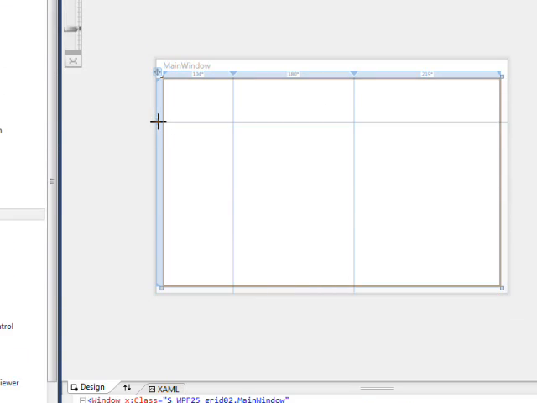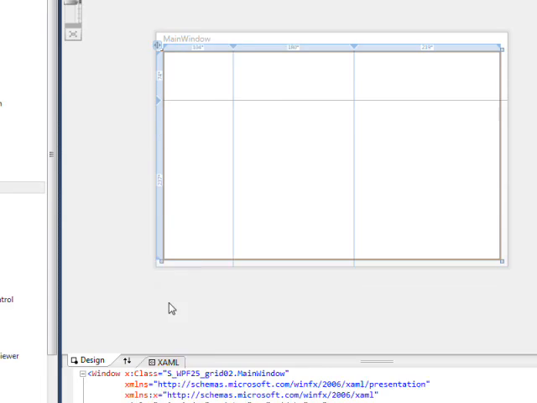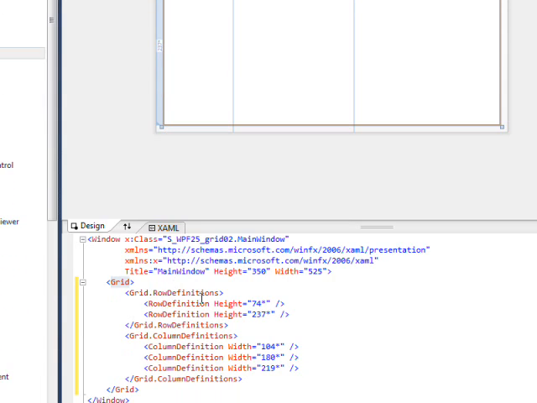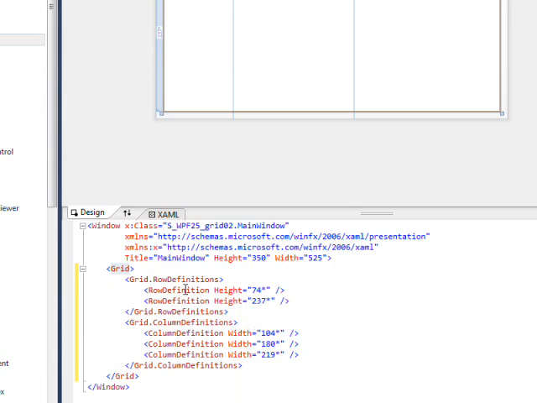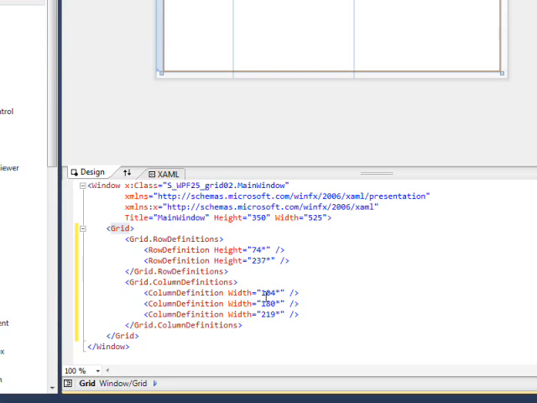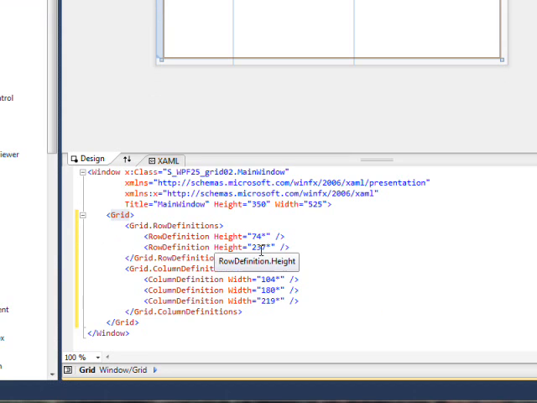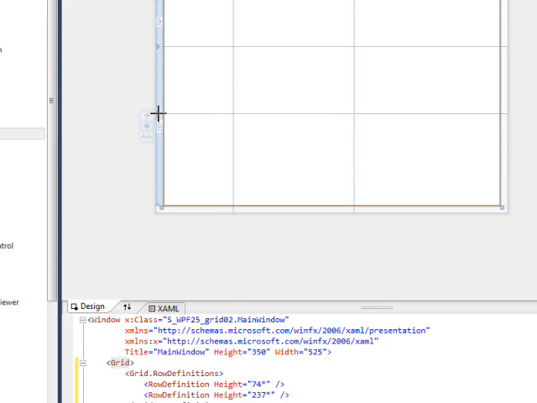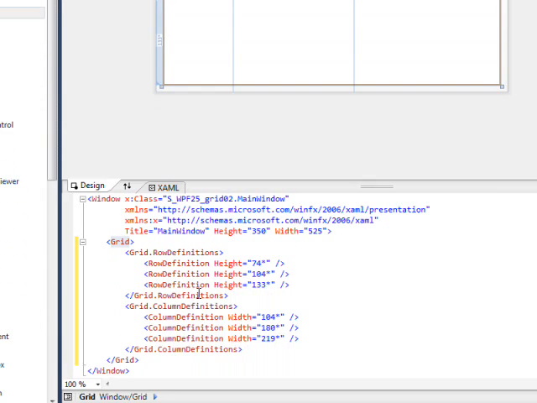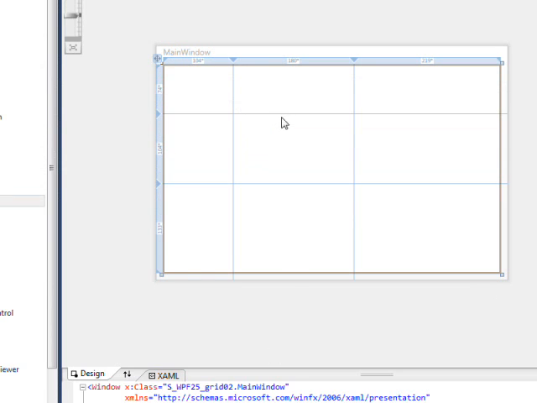And then you can do the same thing for the rows. Just click on the left border and define a row, and that creates the grid.row definitions with two row definition object elements and heights. And you notice these are all absolute because initially you're getting an absolute pixel value by clicking. And click on a second one, and you get another row definition. So we have a basically 9-cell table,